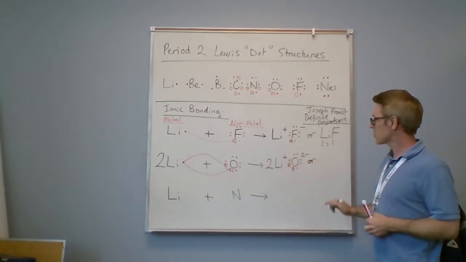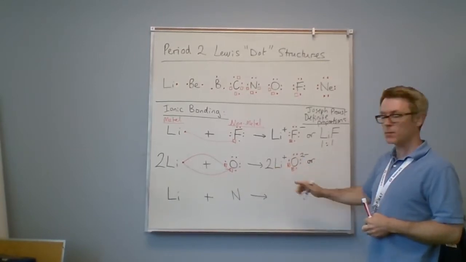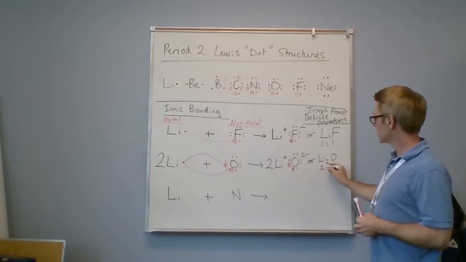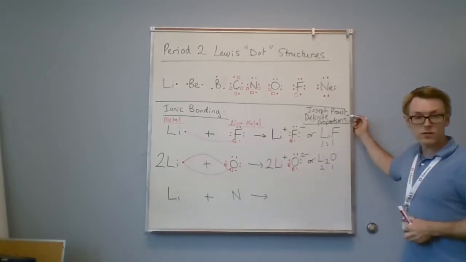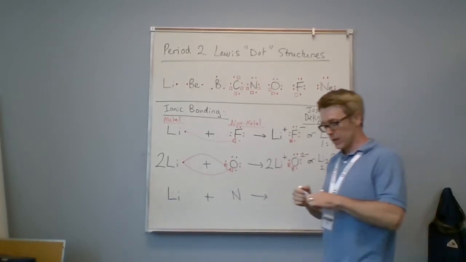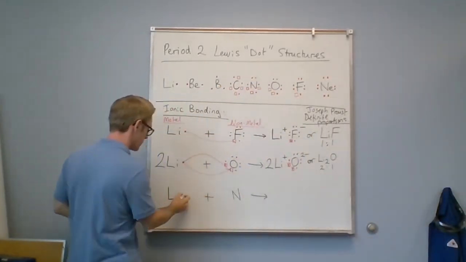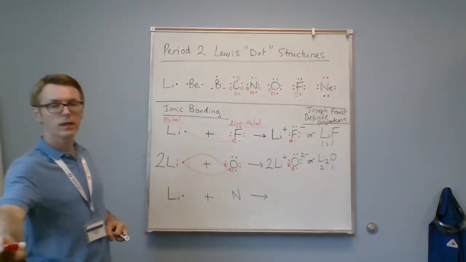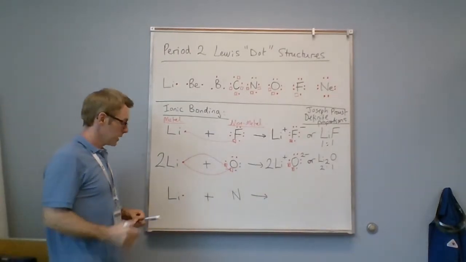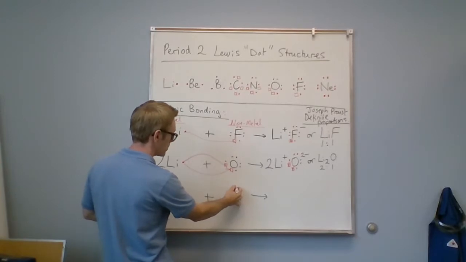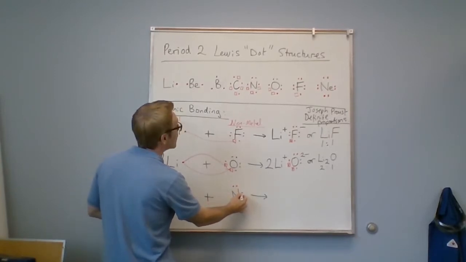The way a chemist would write this, the coefficient becomes a subscript. So you would write Li subscript 2 O in a 2-to-1 Joseph-Proust definite proportion. And finally, we'll repeat for lithium and nitrogen. Once again, lithium has a valence electron, shown here. Nitrogen, as we can see here, has 5 valence electrons